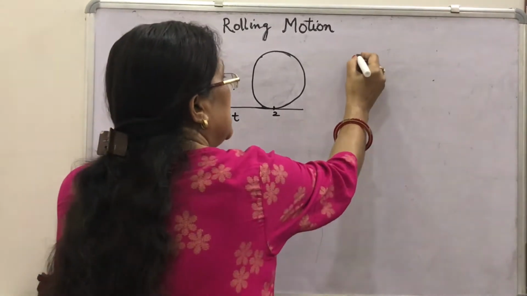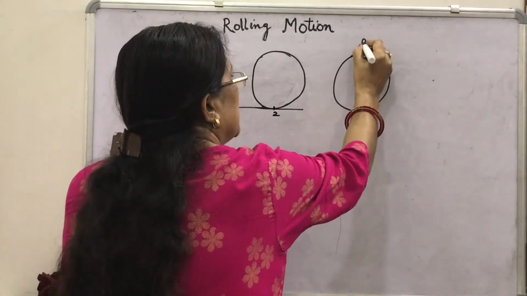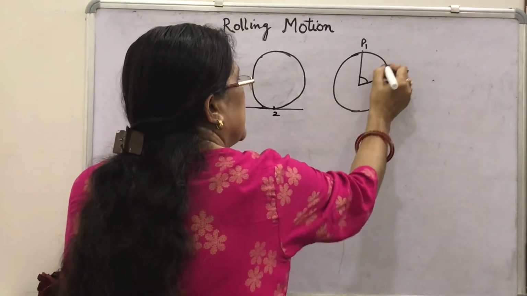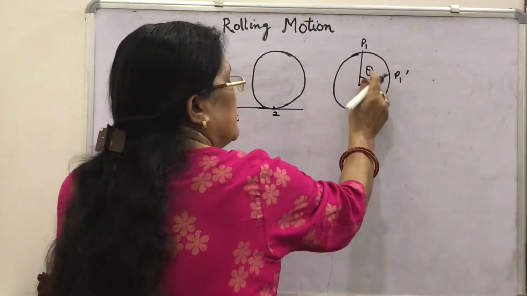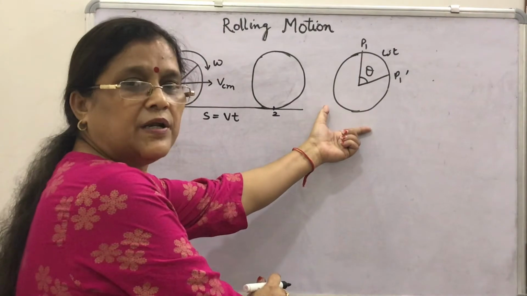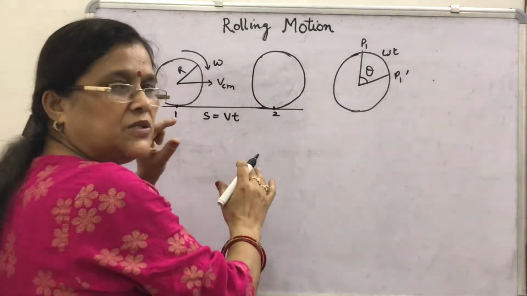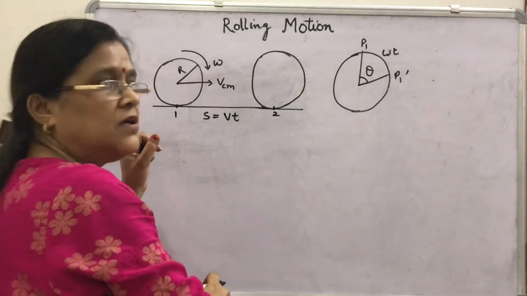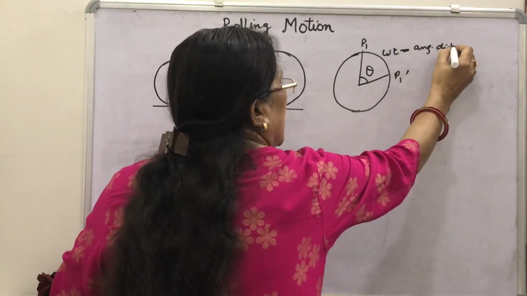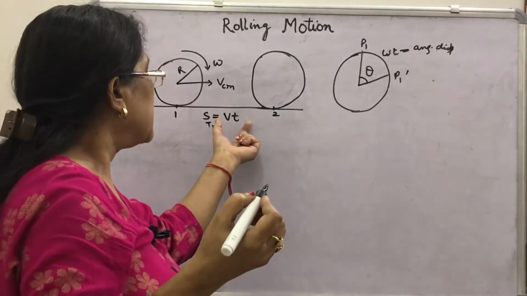How will you consider that the object which is rotating also, then from point, suppose P1, to this point, comes here after time t at the position P1 dash by having the angular displacement theta, which is equal to omega t. I have drawn this figure separately, but this rotational motion is along with the translational motion, so it is taking place simultaneously. What is this omega t? This is the angular displacement. And what is this translational displacement? That displacement will be the vector sum of these two.